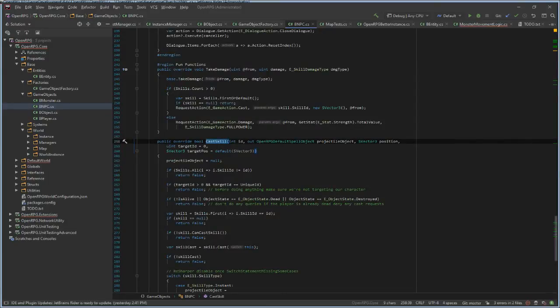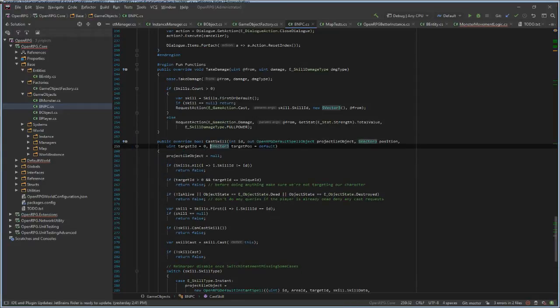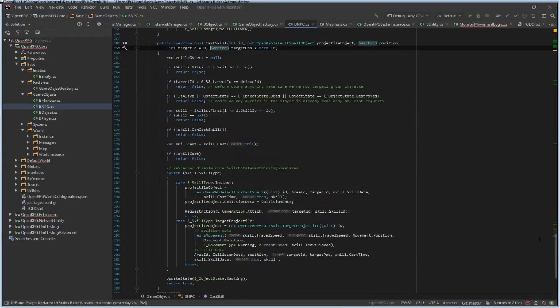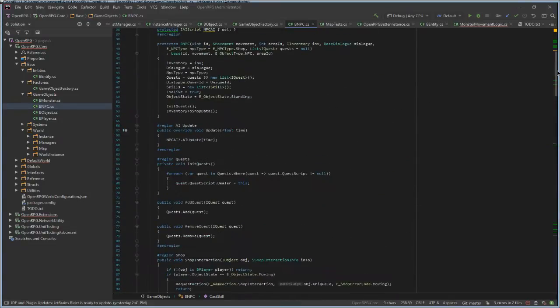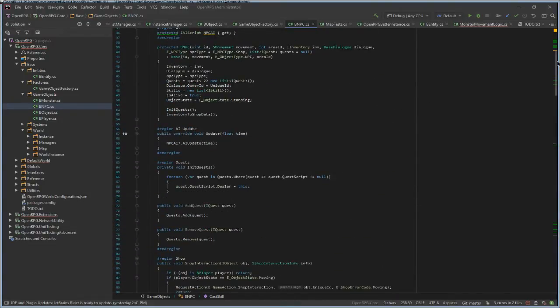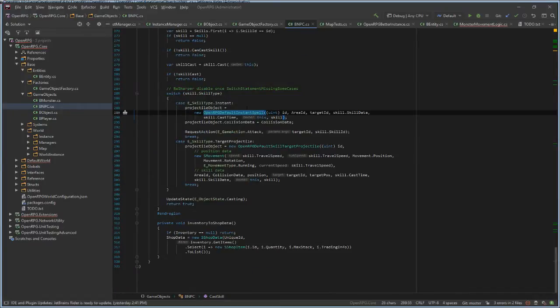Also, NPCs do have skills. They can cast skills. See, if you attack an NPC, they'll just kill you. See this damage instant spell?